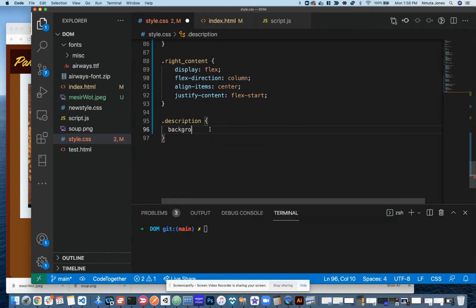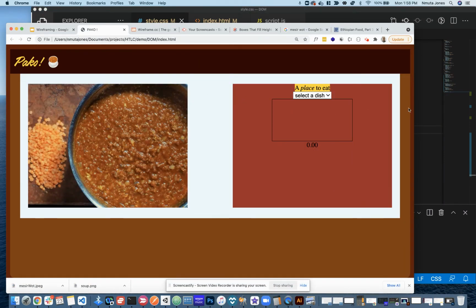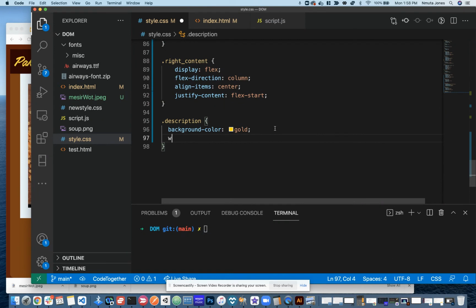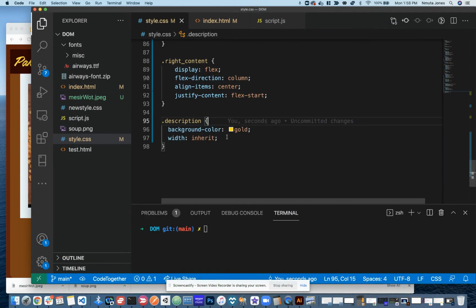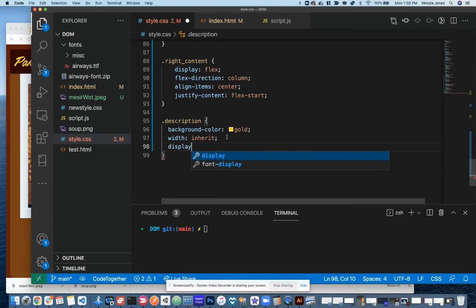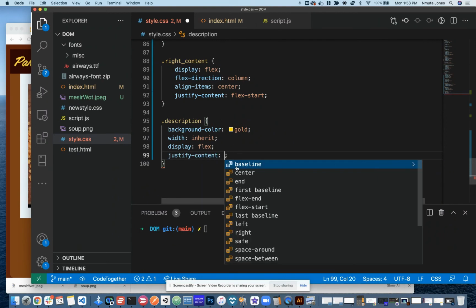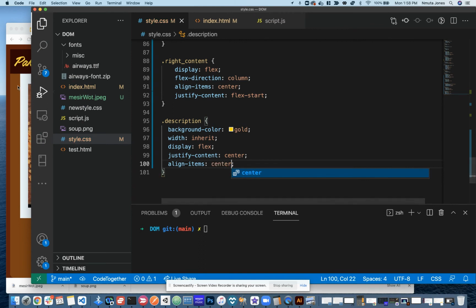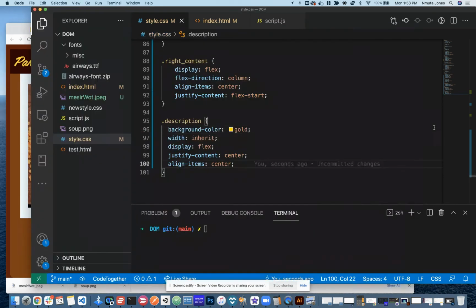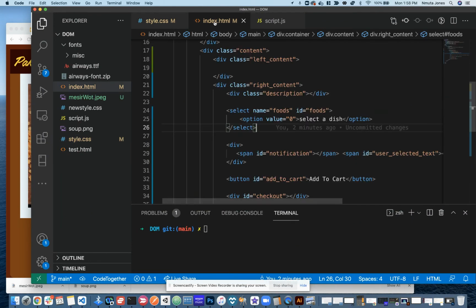Background color gold. See what this looks like. Yeah. And then width inherit and display. This will be a display flex as well. And then we want to specify content to center and also align items to center. So you see a lot of these same commands we're using, right? And then so our description,